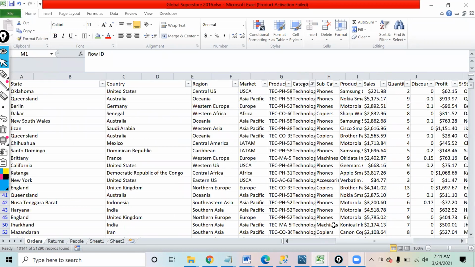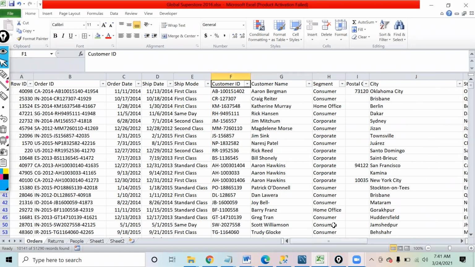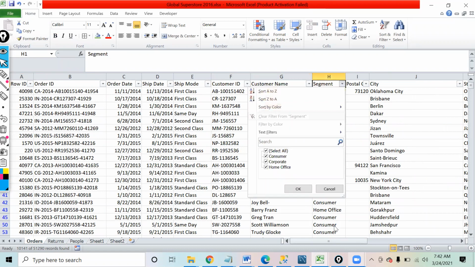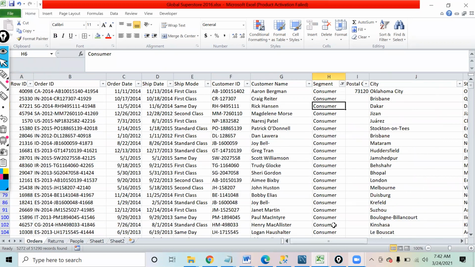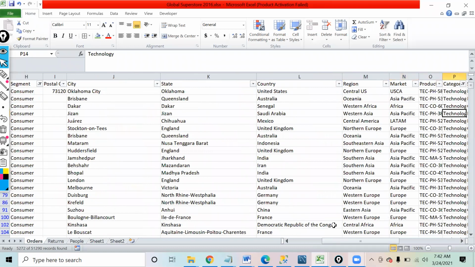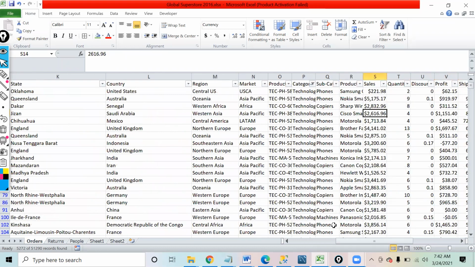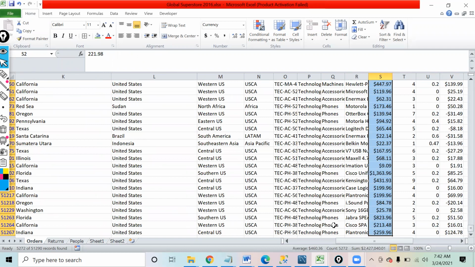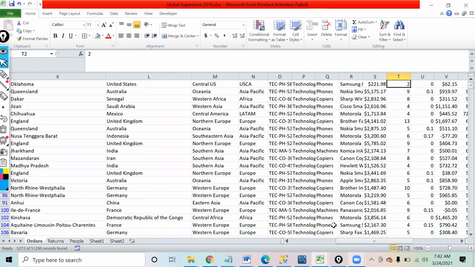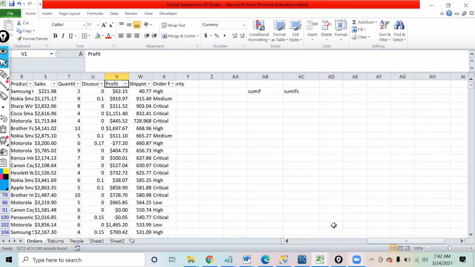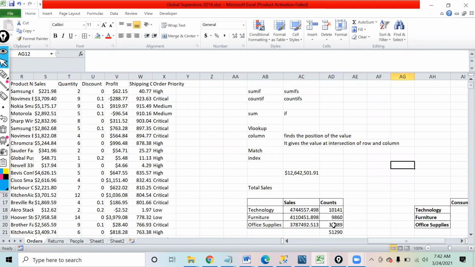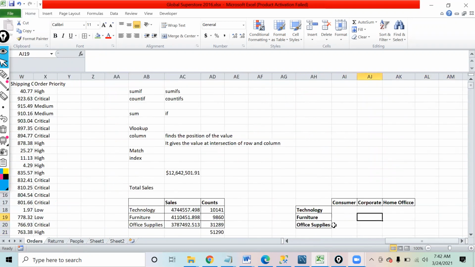Now over here inside this, you can see in technology sale has happened in all the three segments, but I'm looking for only consumer. And now I have selected only that data where segment is consumer and the category is technology. And if I find the sum of sales, that comes out to be 2427. Now that is what I want to find.